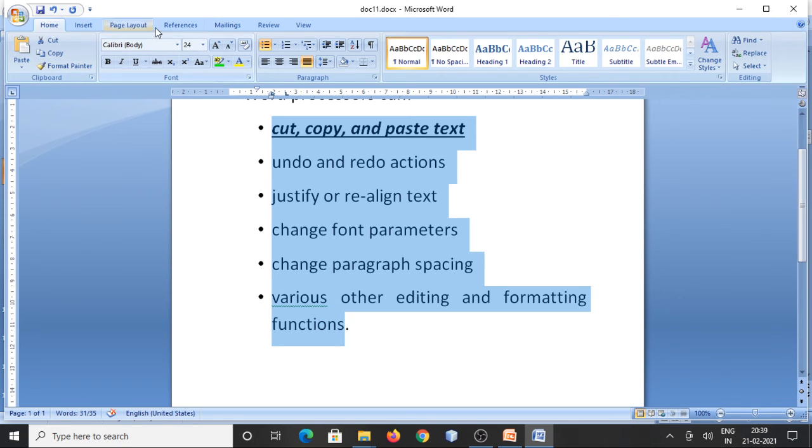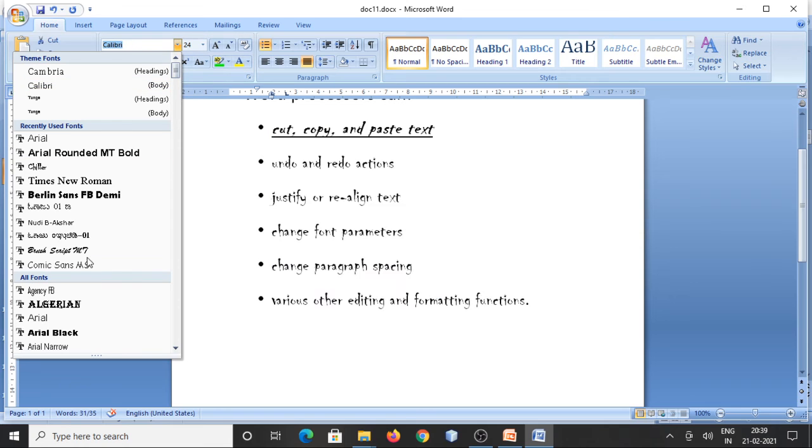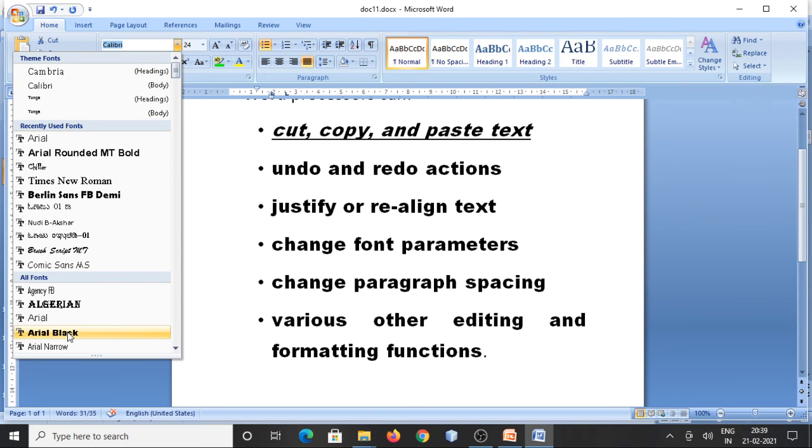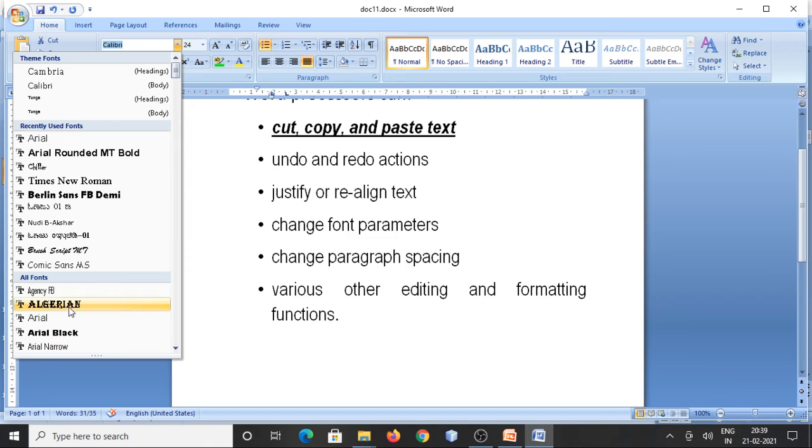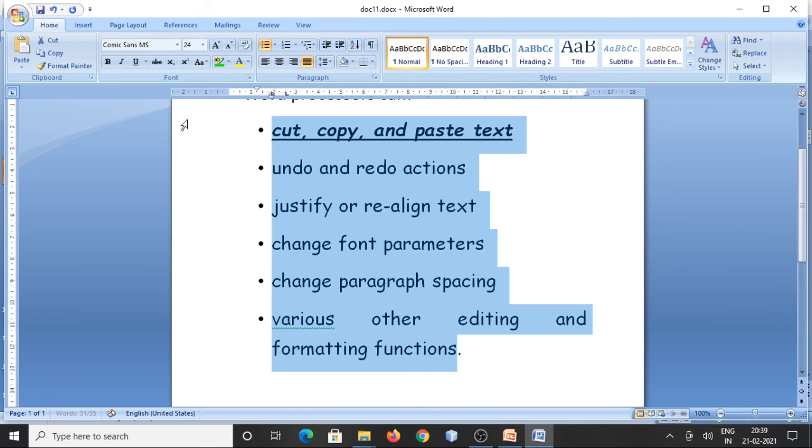You can click that one and change to Arial, Arial Black, Arial Narrow, anything you want. You have to select this one, and this one for the size.